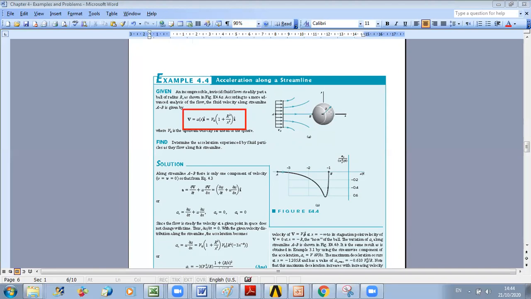Now what we want to find is the expression of the acceleration. So I will go back to the definition. What is the acceleration? The acceleration,